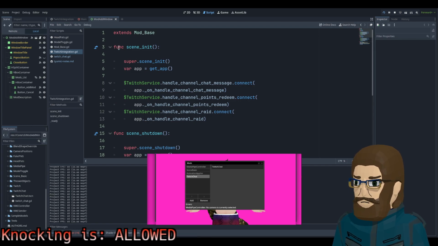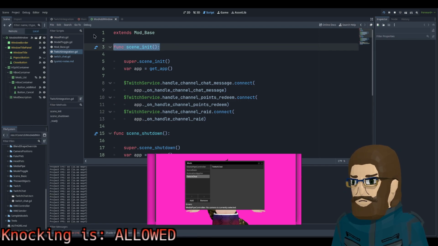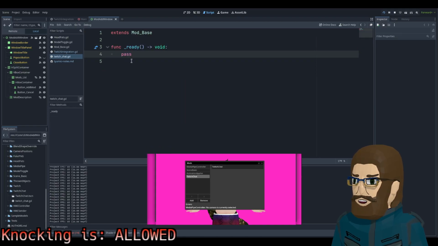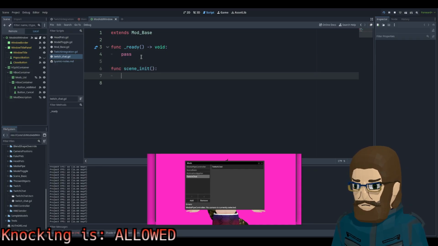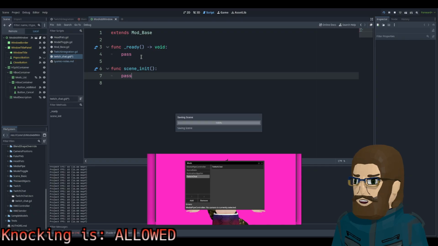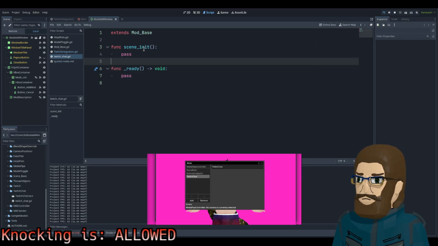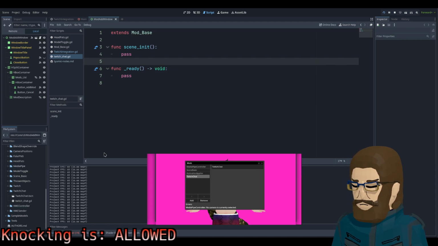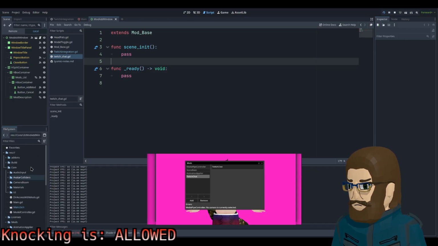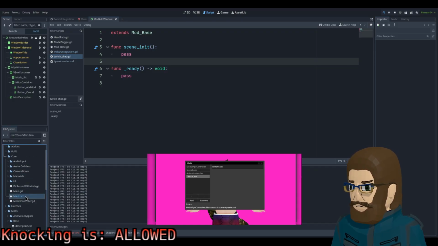So we'll probably want scene init in here to do something. Okay. Let's pass. Except we want this first, scene it first, probably. Move you up. Yeah, so now, what's the main? The main scene is you.